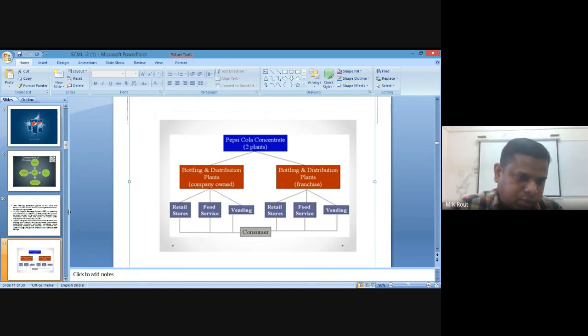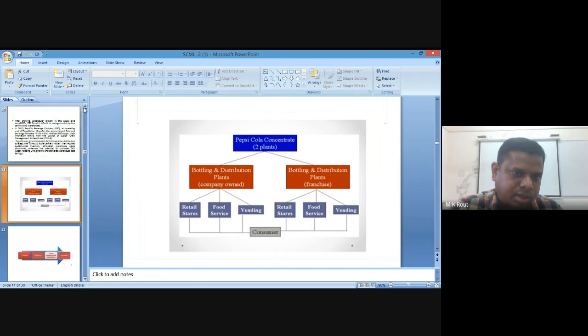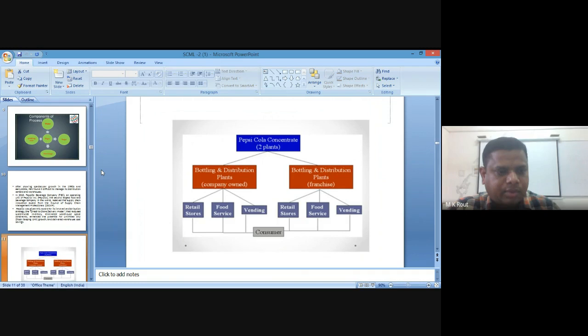direct to distributor point, or direct to sell the particular product, or the direct to store product concept. So basically, in that part, they are focused on direct to sell delivery models. In that case, from this company or distribution or bottling plant, they focus on retail stores, food service, and vendors. And from that retail store, food service, and vending, the consumer directly consumes this particular beverage.